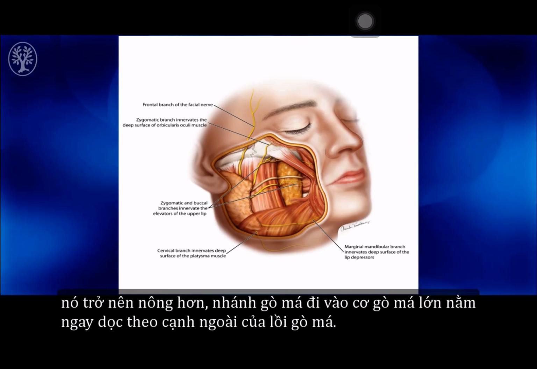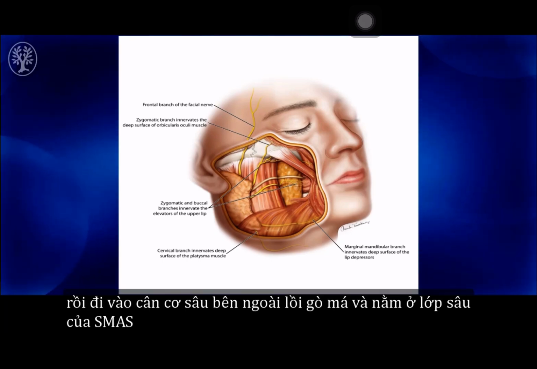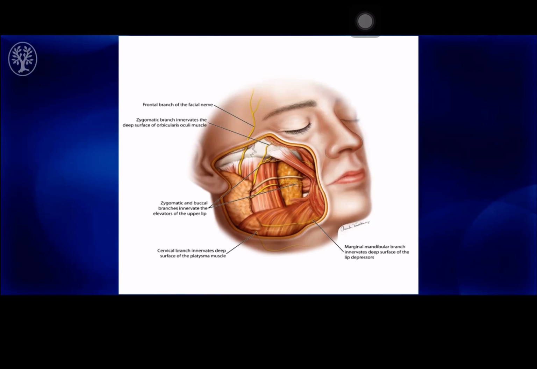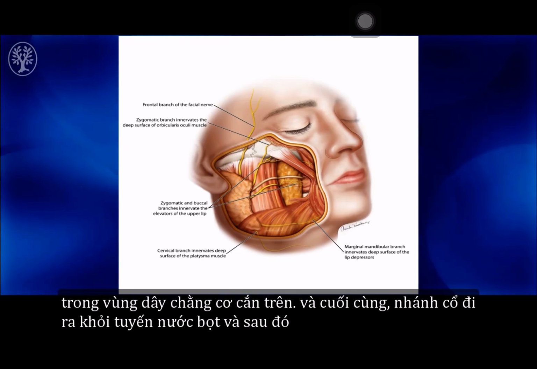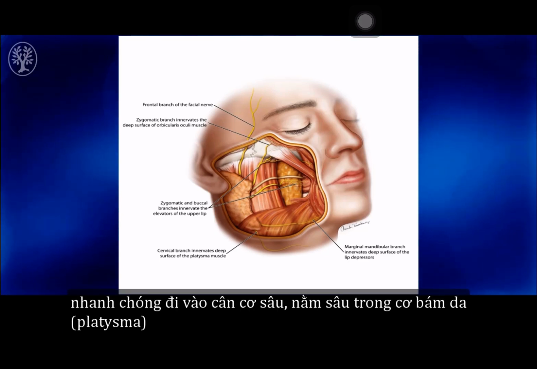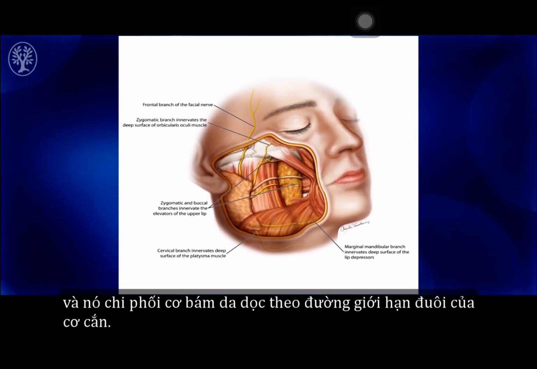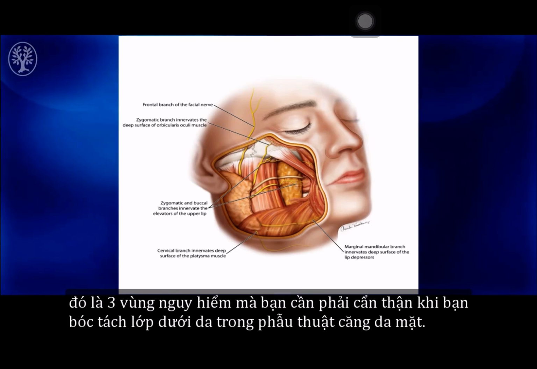The zygomatic branch that goes to the zygomaticus major, just along the lateral aspect of the zygomatic eminence, penetrates the deep fascia lateral to the eminence, and again sits just deep to the SMAS in the region of the upper masseteric ligaments. And finally, the cervical branch exits the parotid and then rapidly penetrates the deep fascia to lie just deep to the platysma, and it tends to innervate the platysma along the caudal border of the masseter. So these are the three danger zones that you need to think about when you're working in the subcutaneous plane